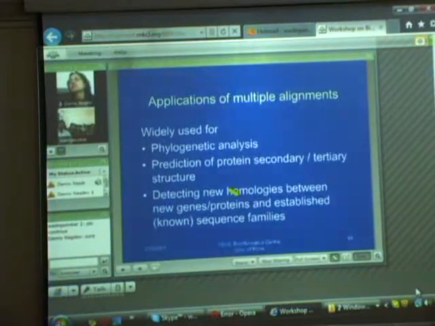They are of course useful to characterize novel proteins. So whenever you have a new protein sequenced in the lab and you want to characterize that protein, you want to find out what is the function of that protein, what will be the structure of that protein. In such studies, you can always align that protein with so many other proteins from the database.